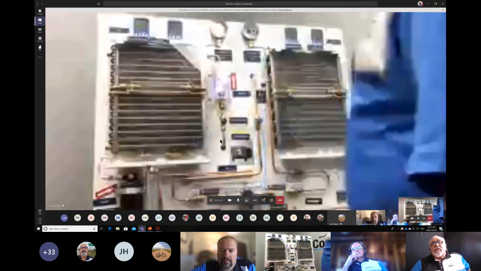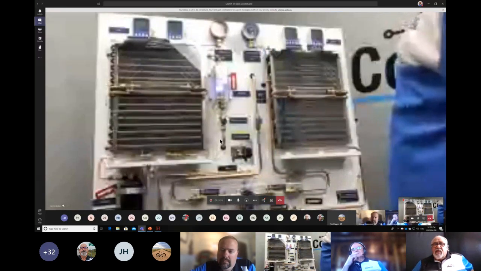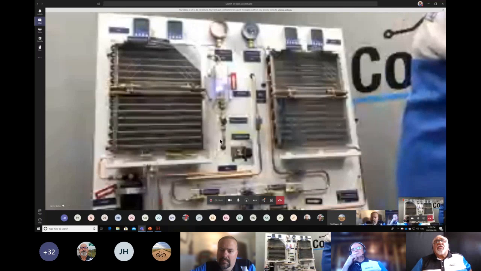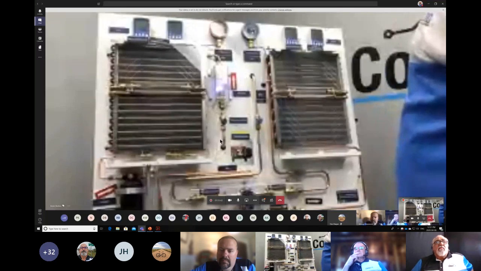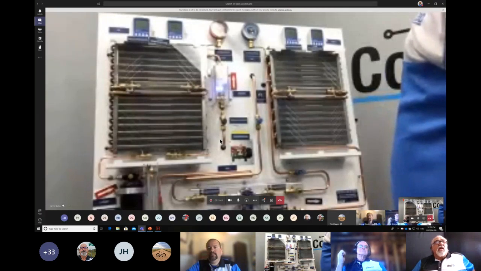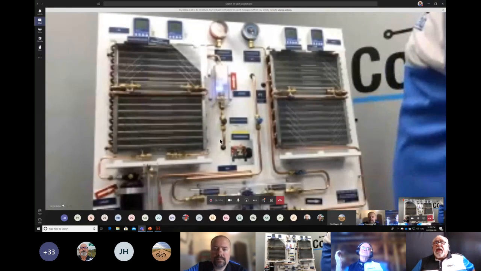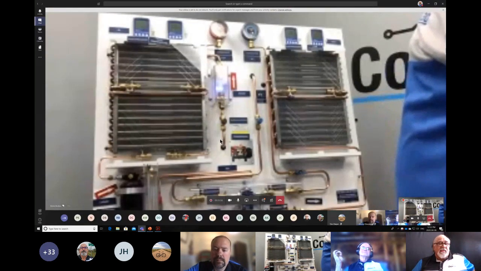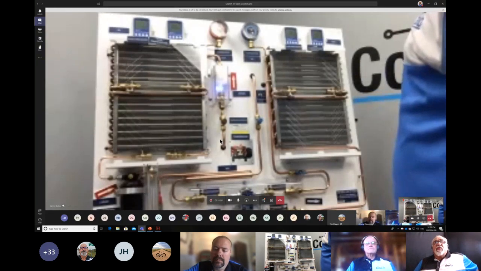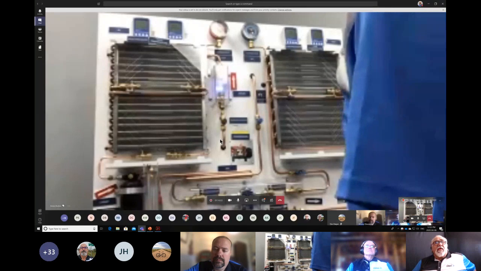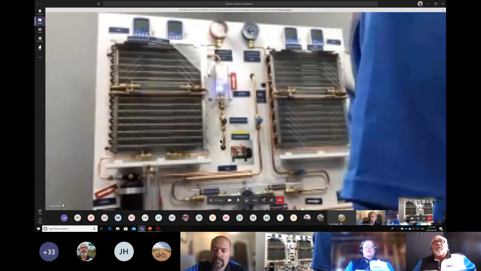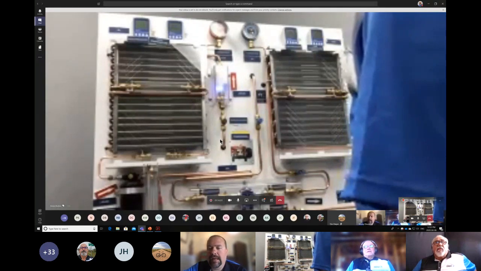Now, one of the things that's happening with this unit right now is the numbers will always work on this machine, but because we've got evaporator and condenser so close together, they do affect each other a little bit. But again, it's just a learning moment. And the other thing right now is we've got all the fans cranked to the max on this. So that is affecting numbers a little bit too. We're going to get variations in temperatures based on fan speeds. And the nice thing about this trainer,